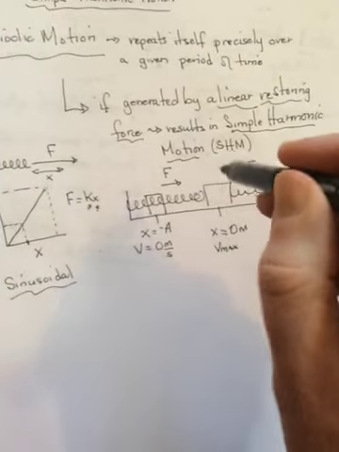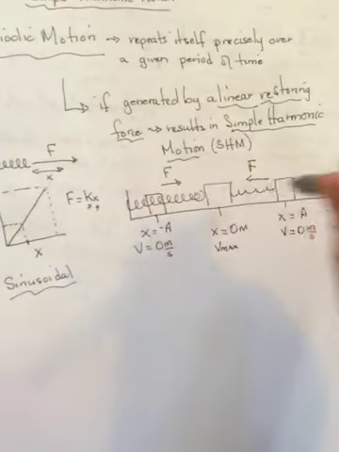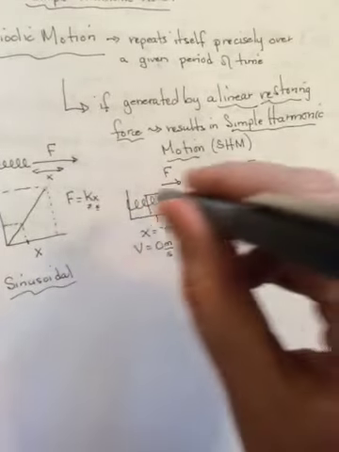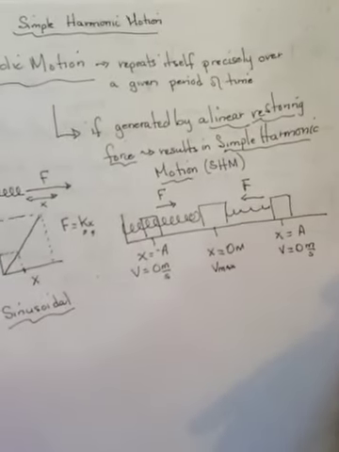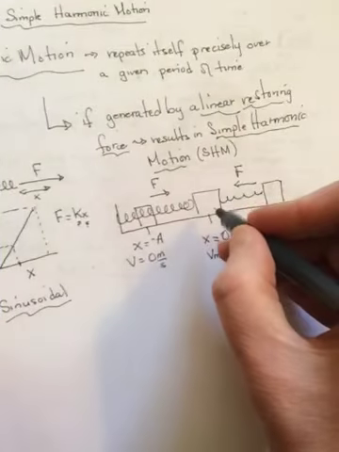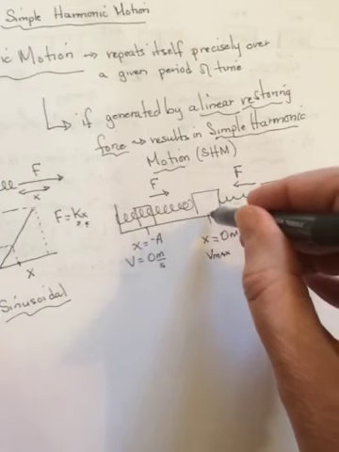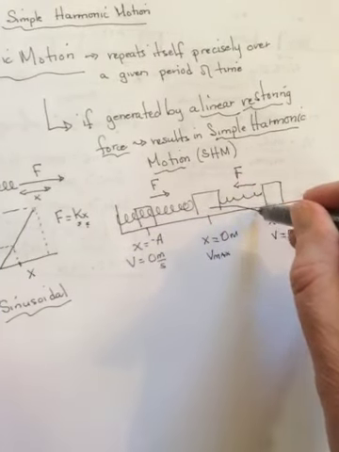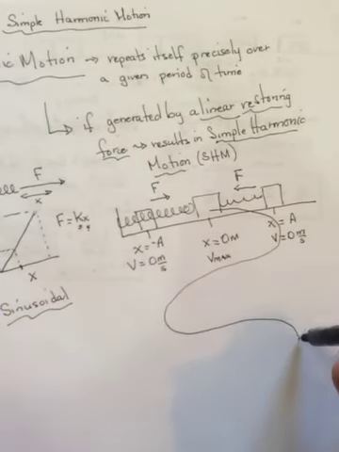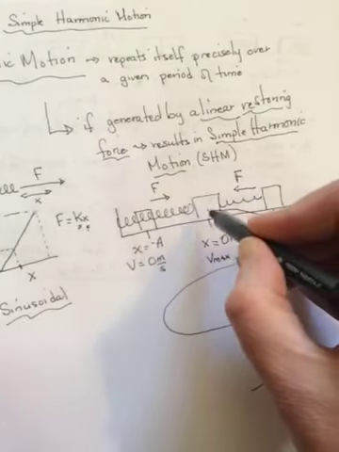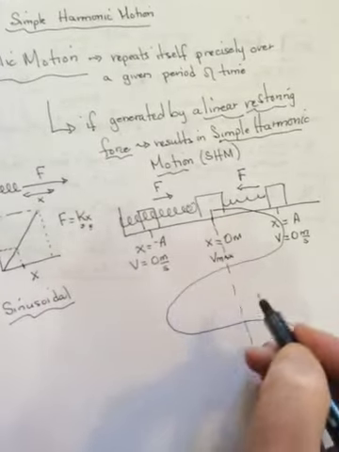To understand it, imagine that I attach a pin to the box. And so as the box oscillates, it's going to be a line going back and forth. But now if I was an octopus, I would take my paper and I would move it up as the box oscillated. And so I'm going to slide the paper up and the box is oscillating with the spring attached. And so what we would end up getting would look like this. And if you draw a line down the center and turn your head sideways, you would see this is a sine